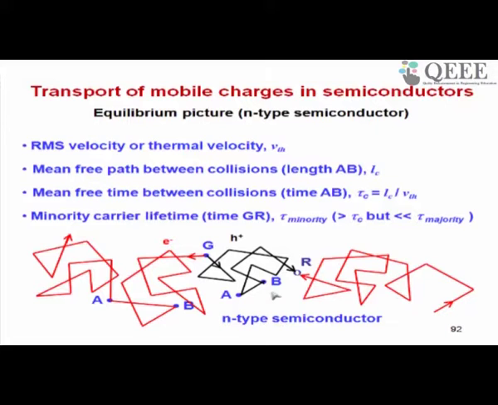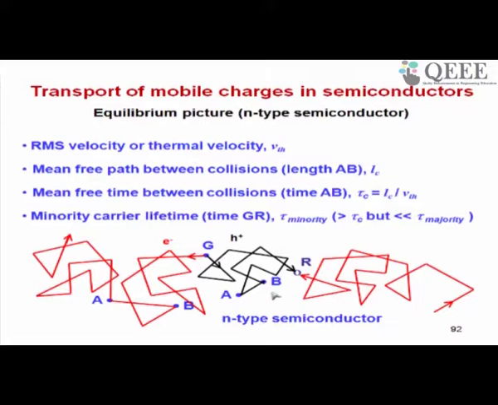Suppose at any instant an electron hole pair is created in an n-type semiconductor. Now the hole will find itself in the midst of so many electrons, and therefore it can recombine with any of the electrons. It need not recombine with the same electron with which it was generated, because so many other electrons are there, electrons are in majority. In other words, the hole is likely to recombine with an electron which was created much earlier than its birth, which means that the electron lifetime is more than hole lifetime in an n-type semiconductor, right.